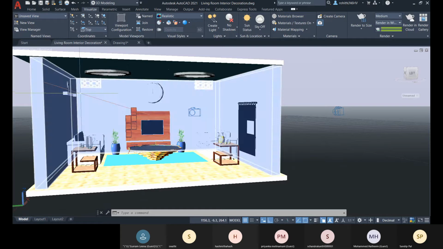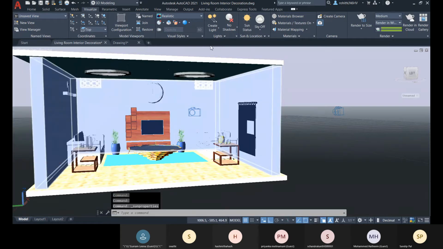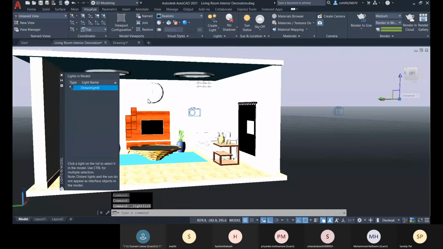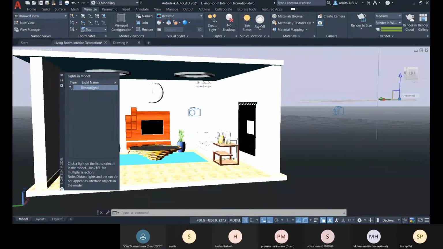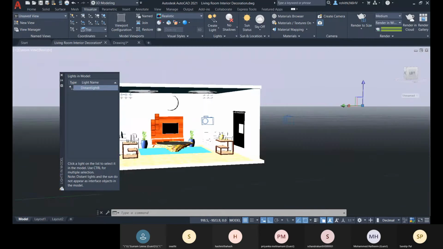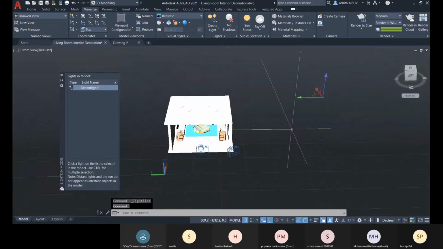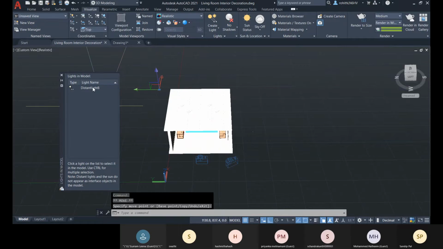Now let me go for this distance light. Sorry, this distance light. Okay, so this is the distance light, I guess.